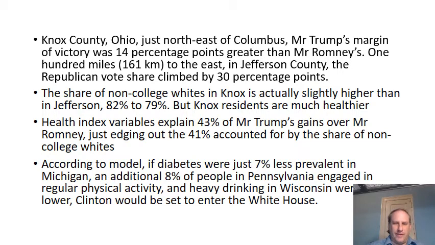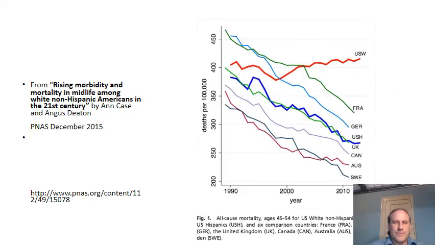Well, here's one thought and one way of looking at the data, which takes you to other ways of looking at the economy, at white working voters. This is from a paper that got quite a bit of stir when it came out, called Rising Morbidity and Mortality in Midlife Amongst White Non-Hispanic Americans in the 21st Century. What this means is, if you look at the graph, you will see that across most countries, France, Germany, United Kingdom, Canada, Australia, Sweden,